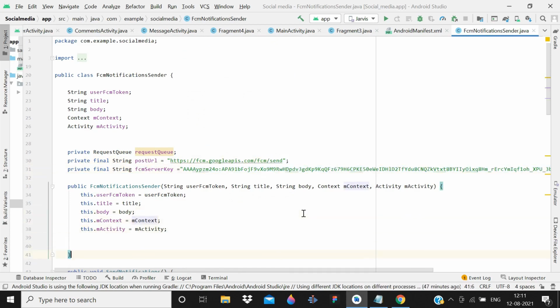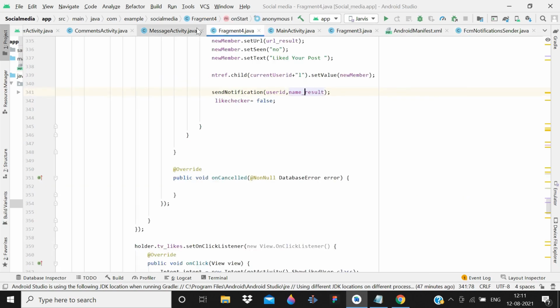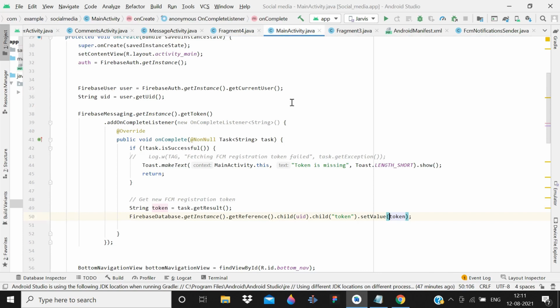And then here you can see how we are handling all that part. Then you have to create the icon, and then open main activity, where you need to save the token on activity start. So here you have to save that token, understand? And then just create methods in all of the activities where you need to push a notification on any event, understand? So that is all.